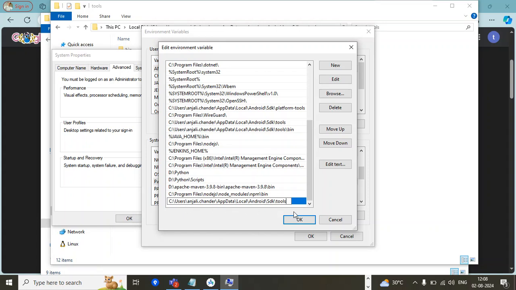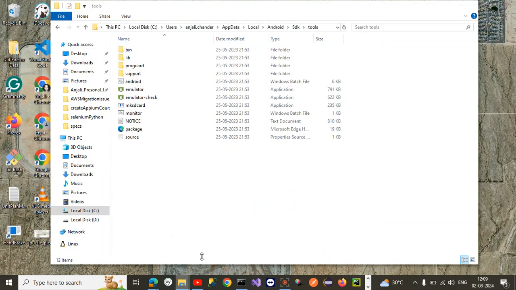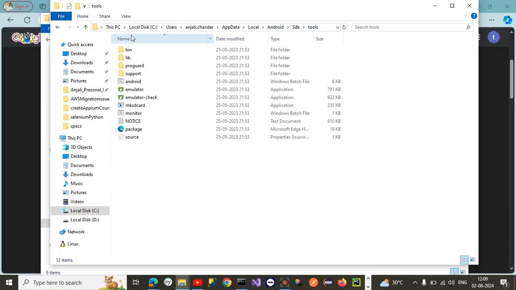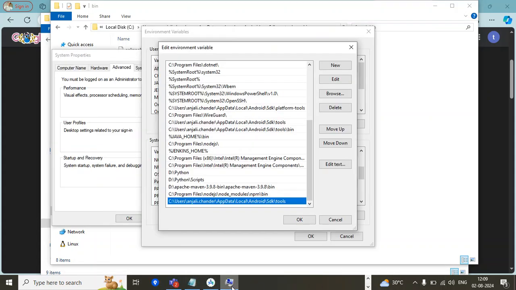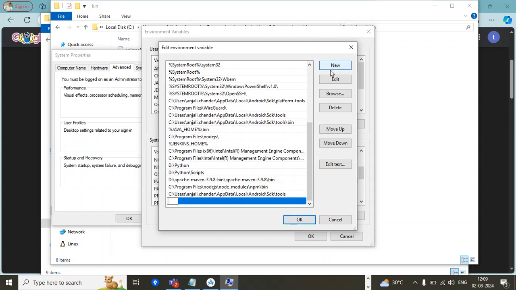I have added it. Now the next part that we need to add: go to the File Explorer again, go to this page till here, and then open this bin folder, copy it, and add this Android bin path too. Click on new, add this path, and then you simply have to click OK.